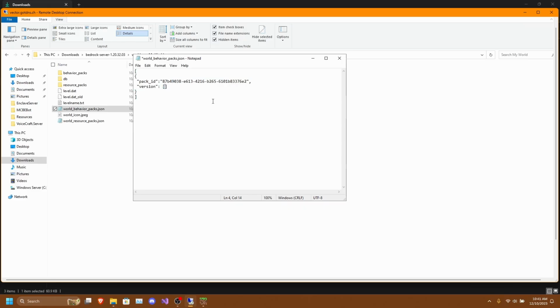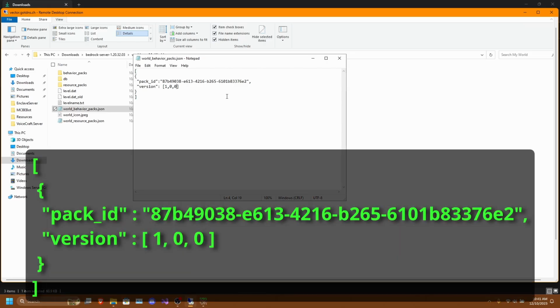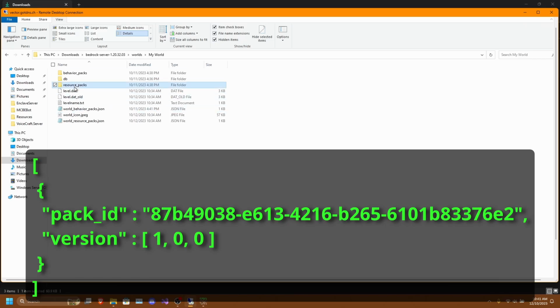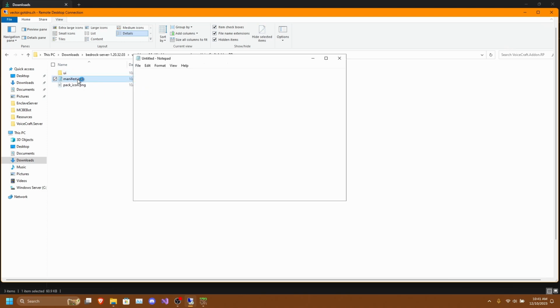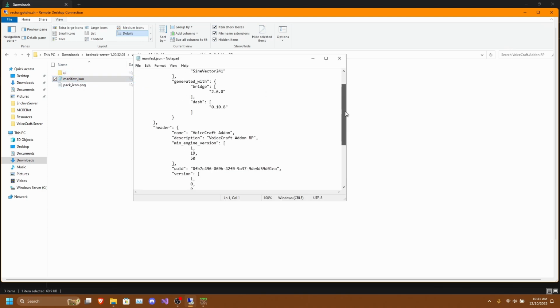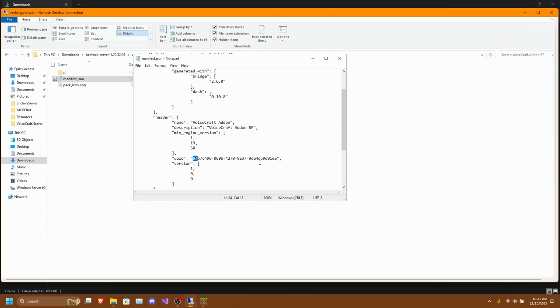And then we need to put in 1, 0, 0. And that is all we need to do. So we can close out of this and do the same thing for the resource pack. So again, manifest.json in the resource pack, copy the UUID and do the same setup.